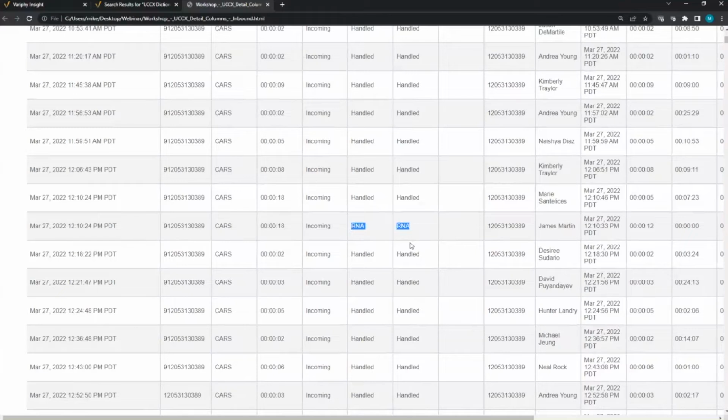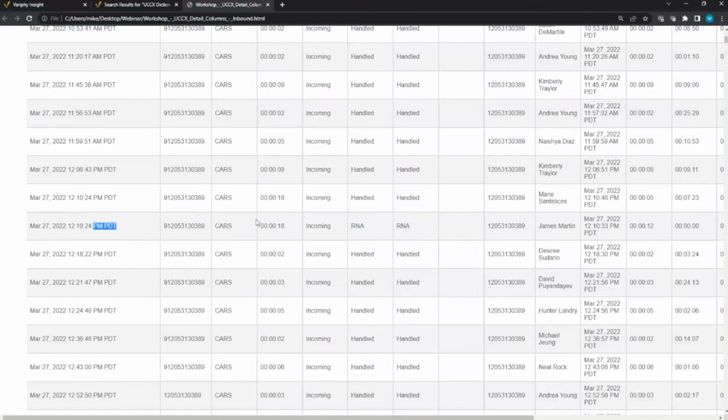With the way Cisco reports their data, if a call comes into a queue, there's one record at the queue level for this call. But if the call goes to an agent, and the agent doesn't answer, and then the call is presented to another agent, that creates two agent records to the one queue record. So in the detail section, you're going to see the call reported twice. Here's the first call at 12:10:24, and here's the second call with the same connect time because it's part of the same call record. They're just out of order because I'm only grouping on the queue.